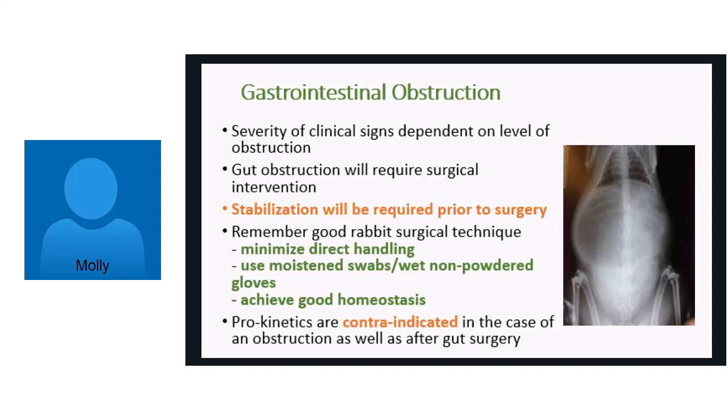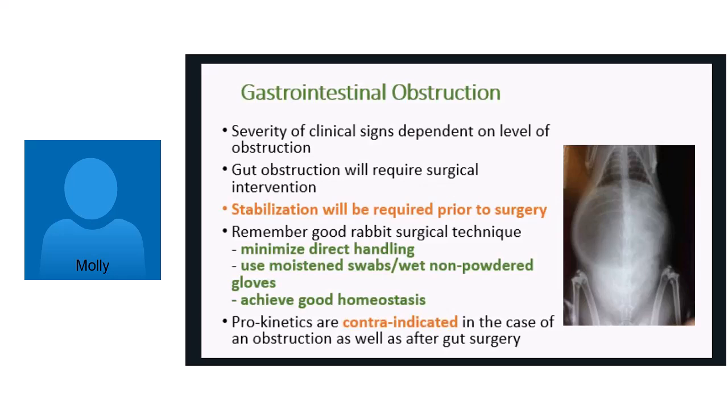I try and only handle viscera with instruments if I can. And if I can't avoid using my hands or swabs, then those are moistened. So I use non-powdered gloves, all of them moistened with sterile saline. I only use moistened swabs and I try and minimise the area of gut that I touch. And I try and get very good